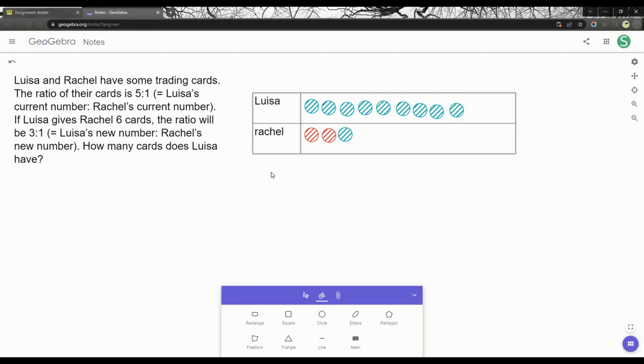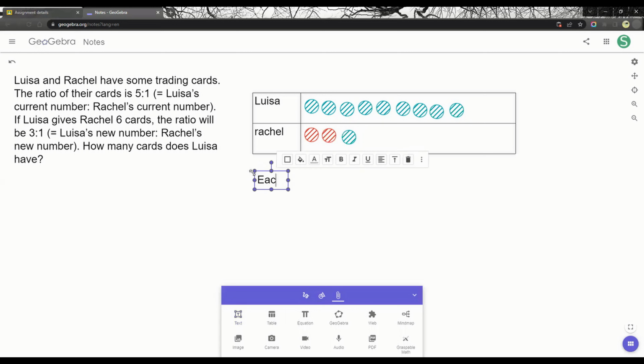The sentence also said this happens if Luisa gives Rachel 6 cards. So this one circle represents 6 cards. And we can write that down as it's an important finding. Each circle